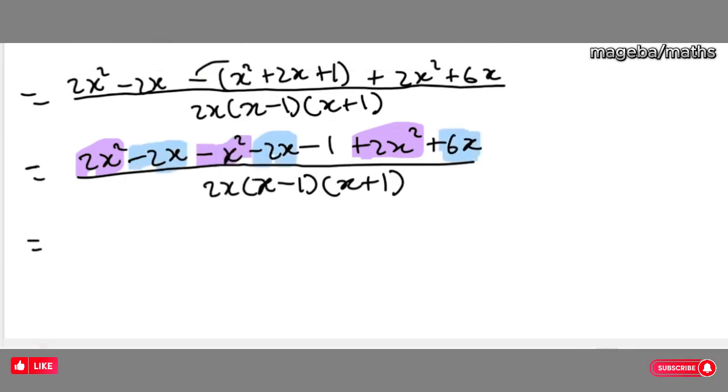Now 2x squared minus x squared plus 2x squared is going to give me 3x squared. And then now negative 2x plus 6x, it's going to give me plus 2x, and then this negative 1, which is just negative 1, all over 2x into x minus 1 into x plus 1